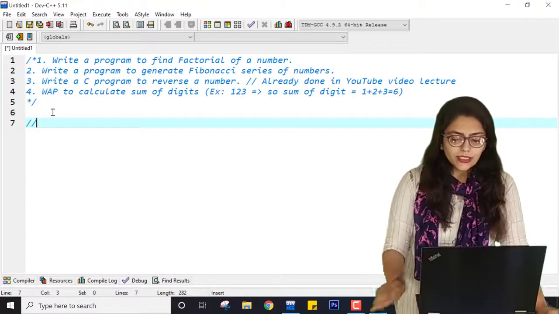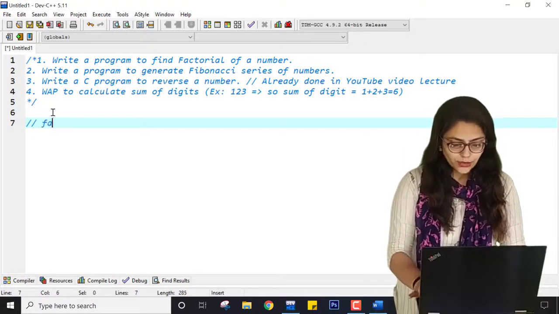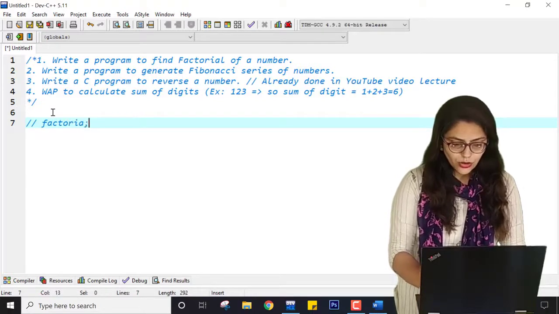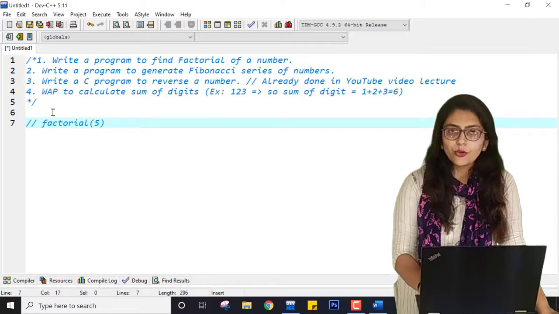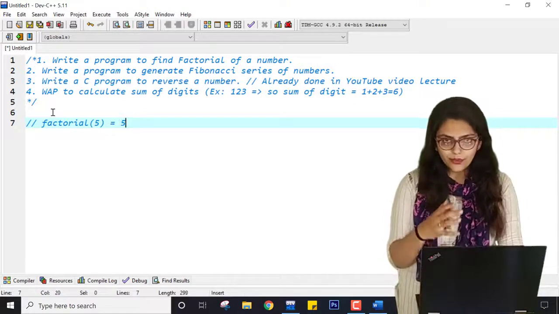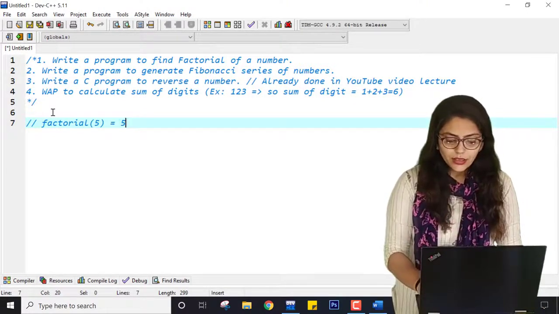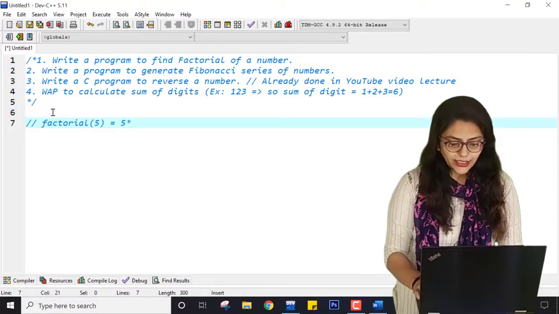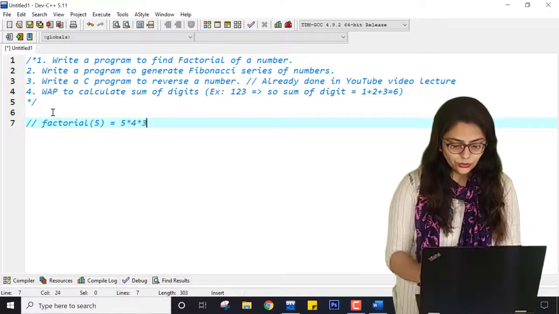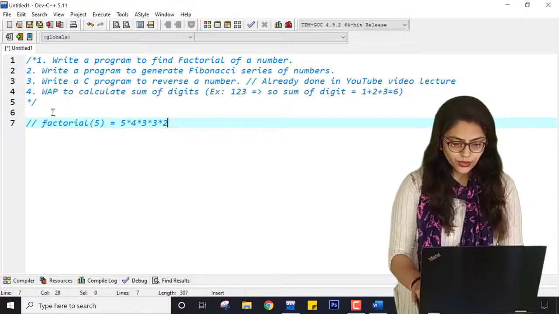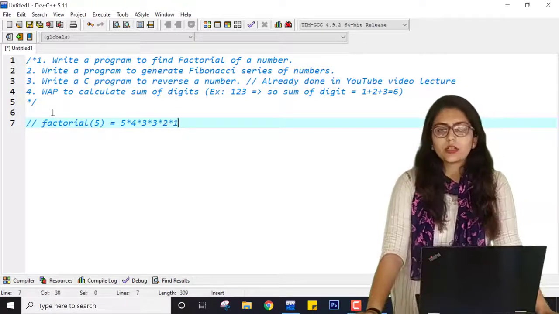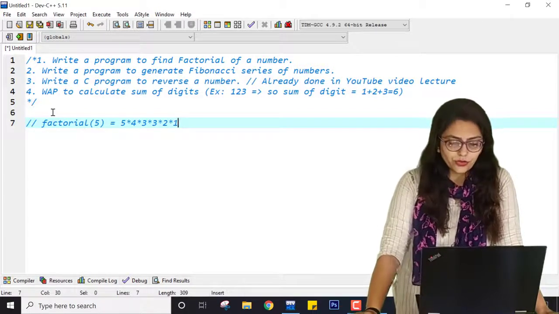Suppose I want to find the factorial of 5, then I start with 5 and gradually decrement it by one until it reaches 1. I hope you know the equation of factorials.